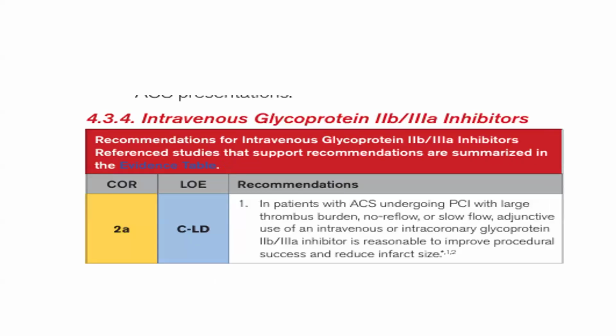Now, what is the role of intravenous glycoprotein 2B3 inhibitor? There is no role of glycoprotein 2B3 inhibitor before PCI, but yes, we can administer it if, during PCI, we find a large thrombus burden, no reflow or slow flow. Then we can start the patient on intravenous glycoprotein 2B3 inhibitor to improve procedural success and reduce